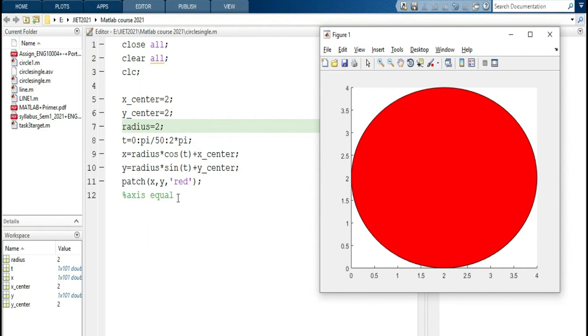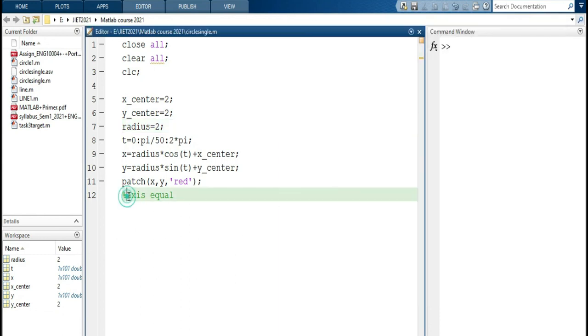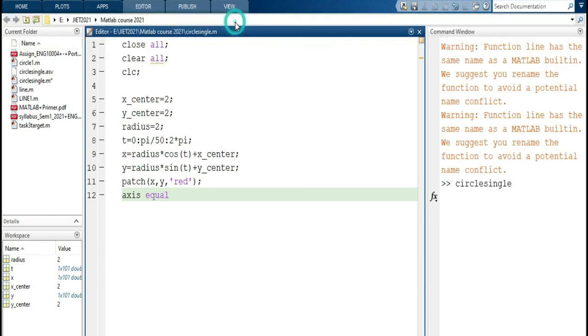Now what is the use of axis equal? You can see the circle is looking like an expanded version. To make it a perfect square, just use the axis equal command. If we add this axis equal function, it will show you exactly the circle.